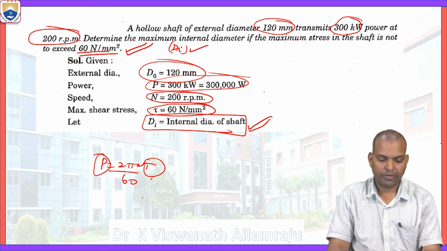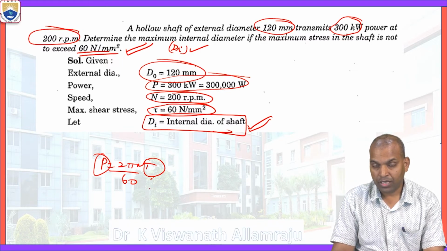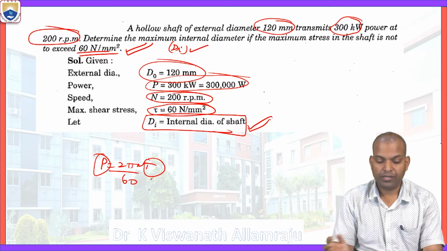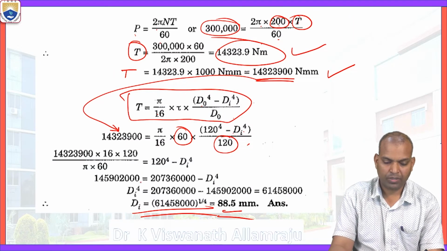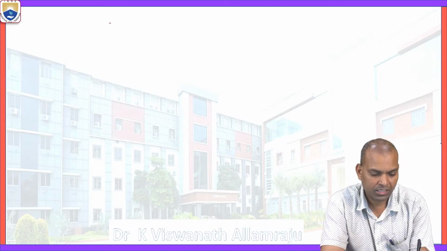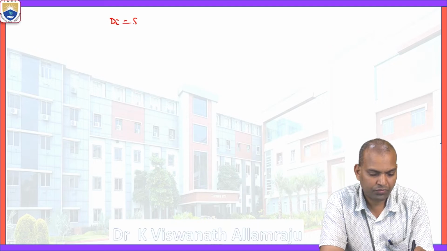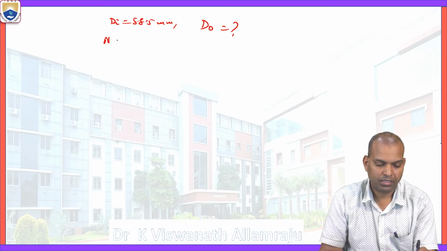In some of the problems, they will give you the inner diameter value, and we have to find out the outer diameter. So in those cases, how to start the problem? For the same problem, we consider the inner diameter as 88.5 millimeters, but we want the outer diameter, where the speed N equal to